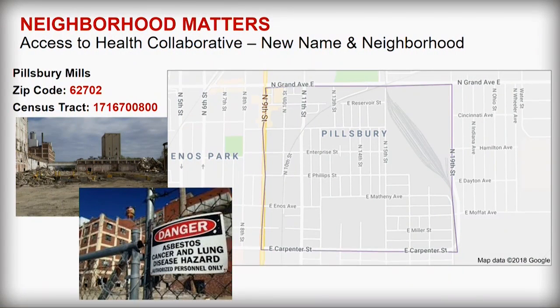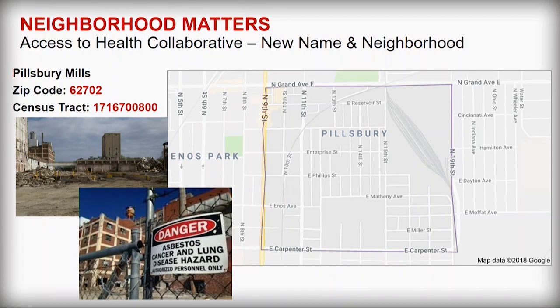Beyond place, just that zip code, your neighborhood can matter. So the Enos Park Access to Care Collaborative, as we're starting our next 3 years of work with the 2 hospitals and SIU Medicine, we've changed the name to Access to Health Collaborative. Tracy wanted to say health and not just care, because we're really trying to improve health on those broad measures of socioeconomic determinants, and we're out of the Enos Park neighborhood. We're still there, but we're expanding. So we have a new name, and we have just started work in a new neighborhood, Pillsbury Mills,